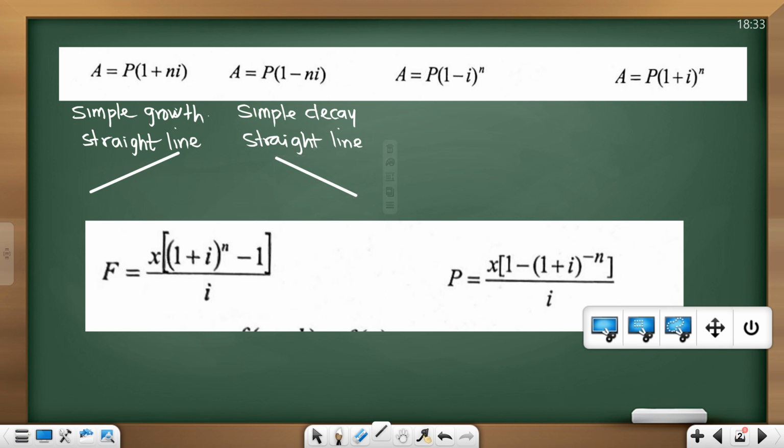Next one. Compound. Compound what? Decay. Or what we call the reducing balance. Also say a reducing balance. What's the other word that we can see or use here? Right? And you would see it's an exponential. So we're looking at